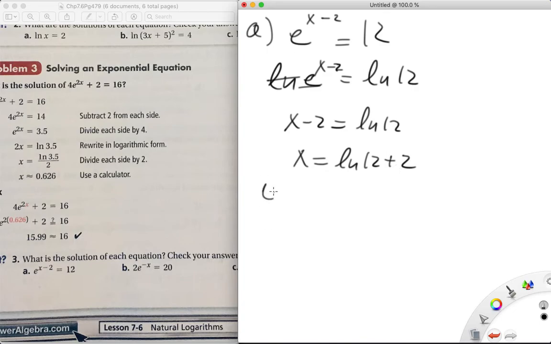So I get 4.48. And I can always plug it back in and check. So e to that minus 2, and you get 12. So it works. Okay,